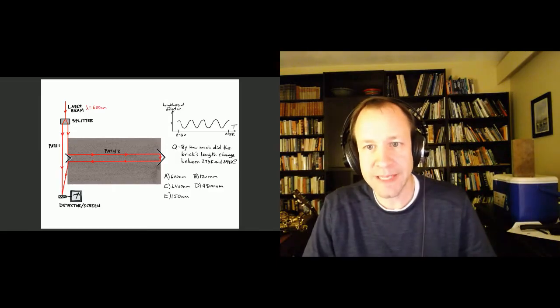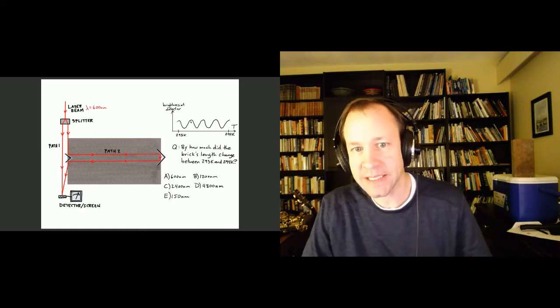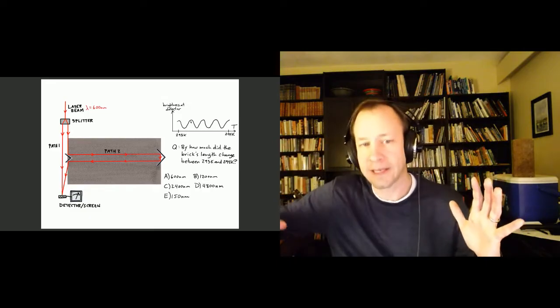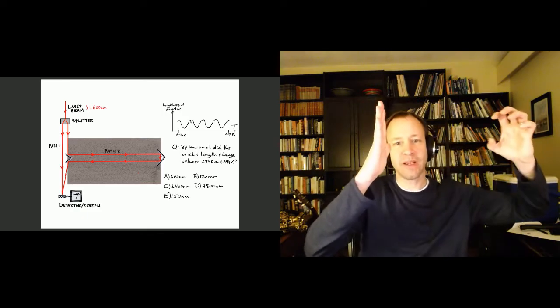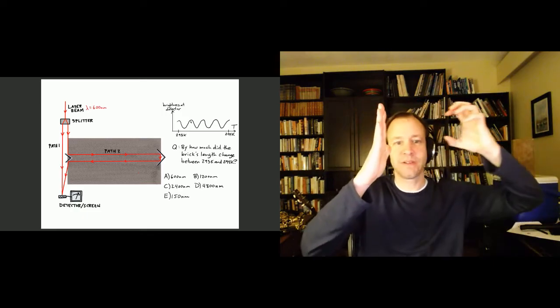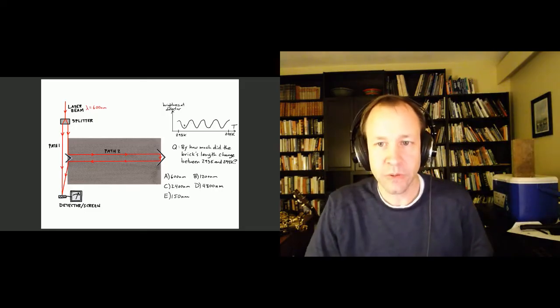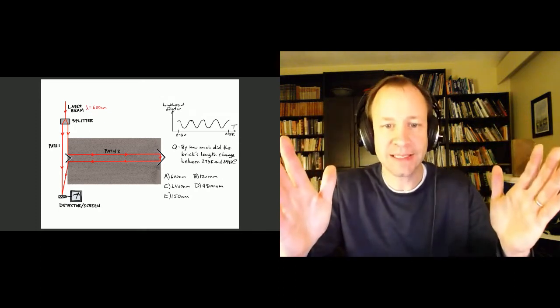And so what must be happening here is that when we go from this peak to the next peak, path 2 must have got one whole wavelength longer, kind of like when we moved that speaker back one entire wavelength, and that went from constructive interference to constructive interference again. So we could conclude that going from this peak here to this peak here, the path length gets longer by